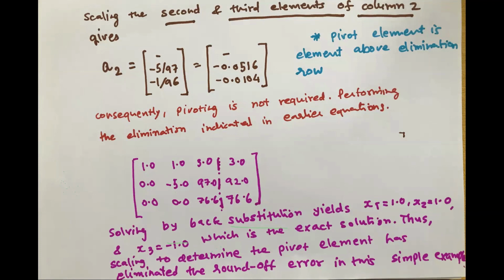Okay, so we can go ahead with whatever is now the last matrix. You can perform the elimination step and check the solution. It gives you x1 is equal to 1, x2 is equal to 1, and x3 is equal to -1. It gives you the exact solution, whereas earlier we didn't have it.